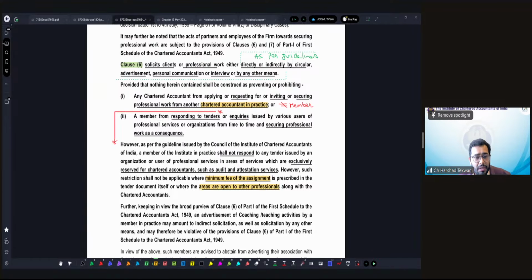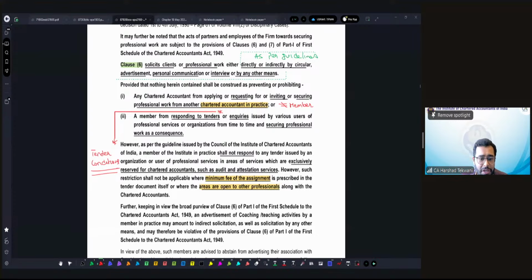Any doubt with this, with the tender conditions? Clear, sir. Okay. Now we will quickly understand certain scenarios with respect to form of advertisement, soliciting work, or advertisement